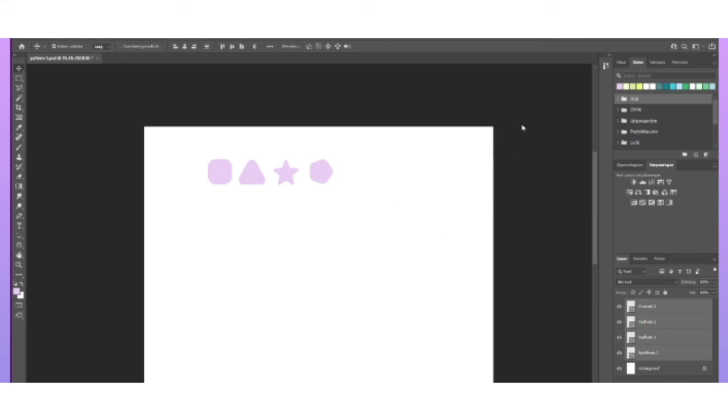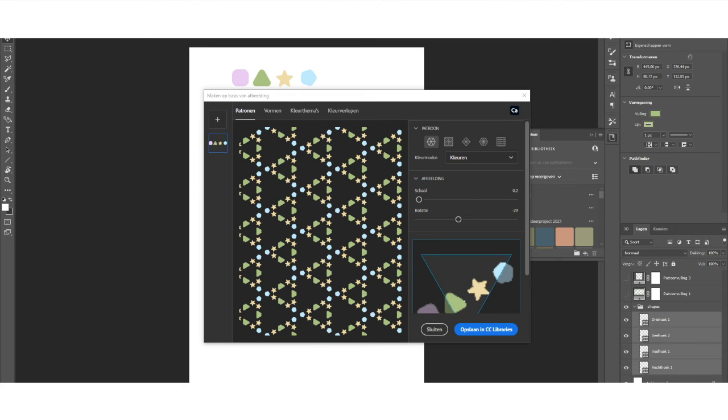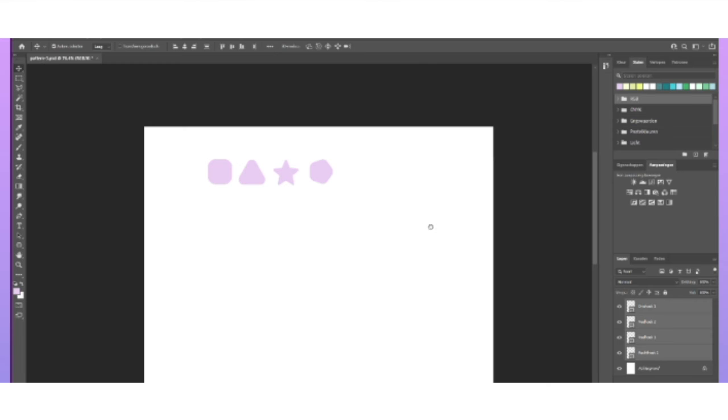So when you go to a library and you do make out of picture or something, this is what I'm talking about. This is cool, right? You can also do different. Okay, so this is what I was trying to do. So you have to go to, let me just do that again. You go to library, then you click this, make from picture. Maybe I should change the colors first. This is the one. This one is beautiful.